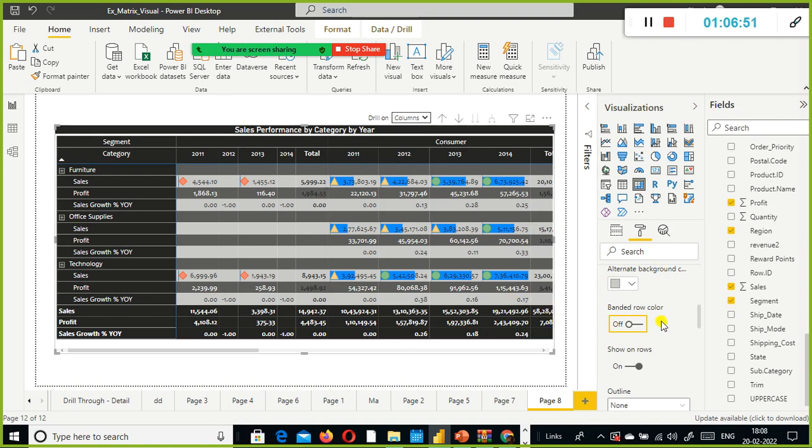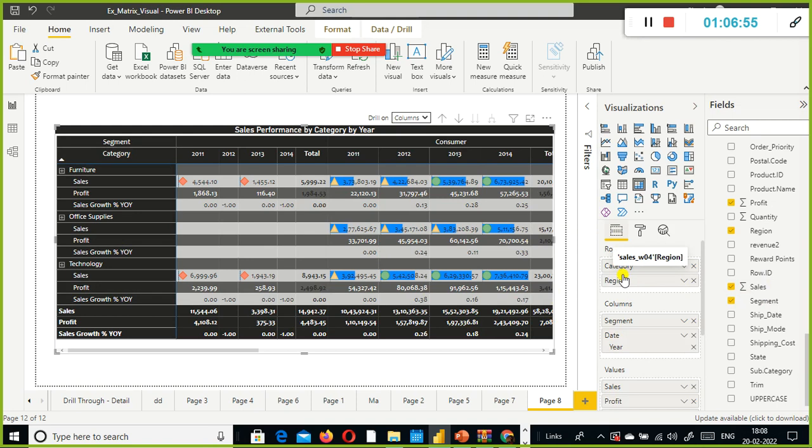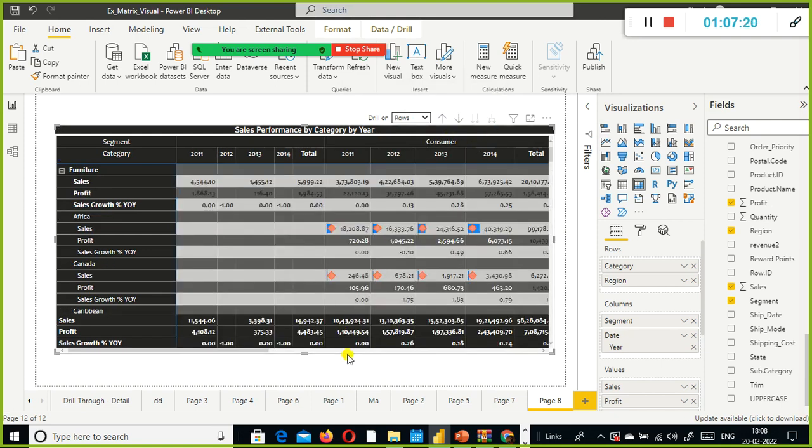This is another feature. The moment you add one more dimension to your rows, it forms a hierarchy: a row level hierarchy and a column level hierarchy. Here the column level hierarchy is segment and category. If I select rows, the row level hierarchy, and do drill down, it goes one level down, right?